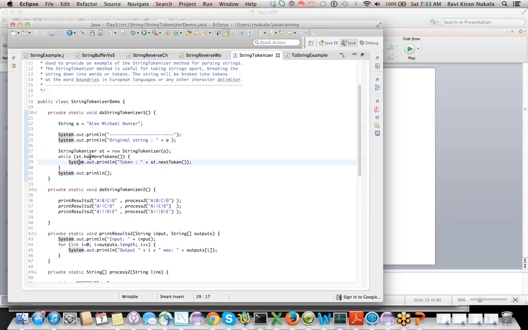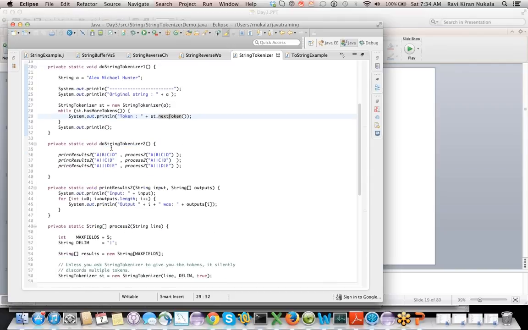It has a method called hasMoreTokens, and it prints the next token. That means it's going to print all the characters within the string as tokens.